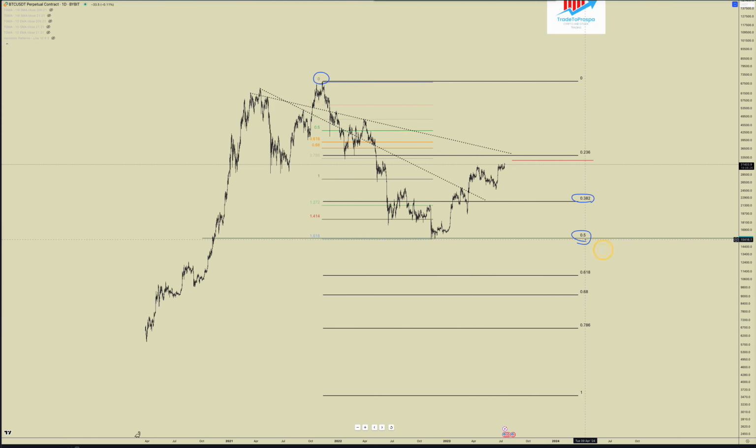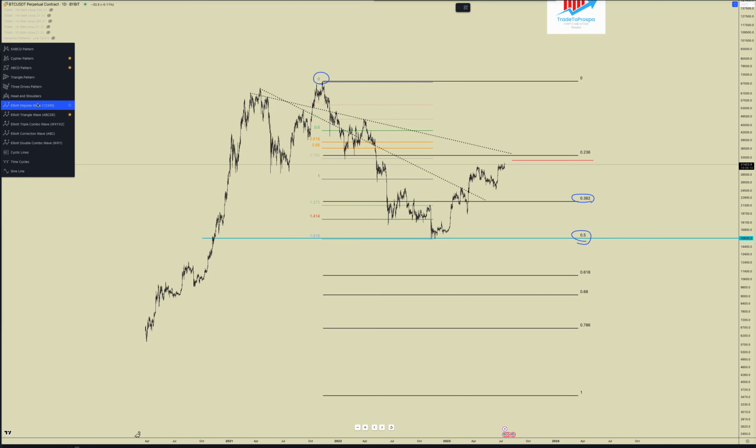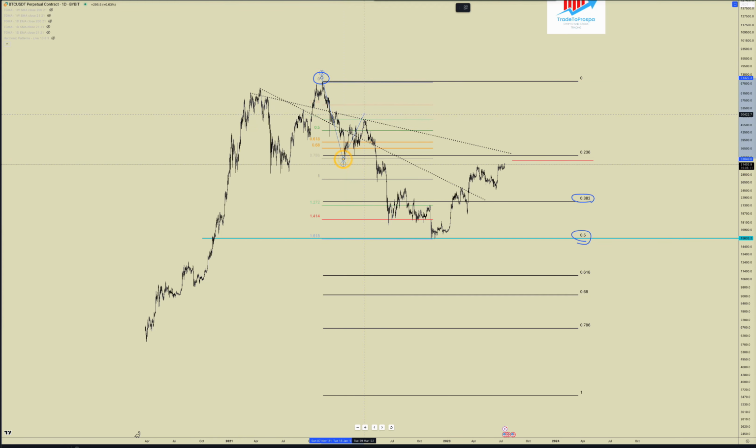If we were to assume that is our 0.5, so the pullback, now look at this. If I was to put the 1 there, look at the 1.618, perfectly there. So if we were counting Elliott wave theory here, if that's our 1, 2, 3, 4, 5, it equates to 1.618 perfectly. And now 1 is there, and you can see how that aligns up perfect. If we look at the bigger picture and we just align 0.382, you can see how that makes a difference. And look again, 0.236, perfectly